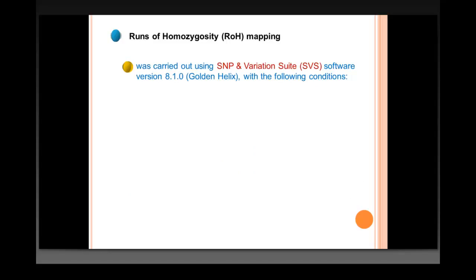Our aim of this SNP genotyping was to do runs of homozygosity mapping, and so the dataset from this SNP microarray was used to map the runs of homozygosity in this family. This was done by using the SNP and Variation Suite (SVS) software from Golden Helix, and with the